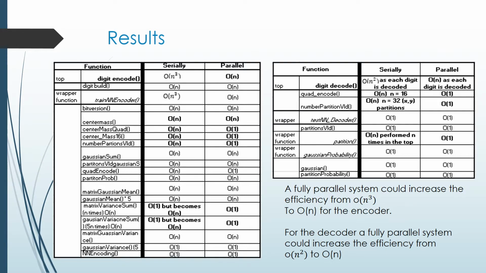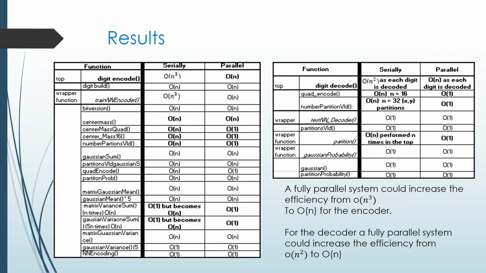So the second part of this project was to demonstrate how a neural network's efficiency could be increased by use of an FPGA. Neural networks are inherently parallel. FPGA hardware is inherently parallel. So many neural networks can be improved in terms of the time it takes to get results if implemented on an FPGA. So this slide presents the encoder on the left and the decoder on the right,